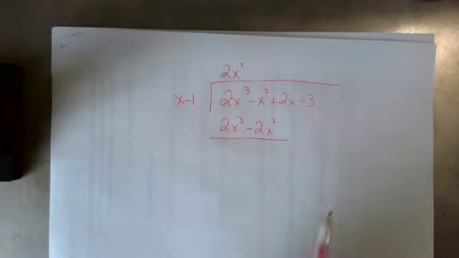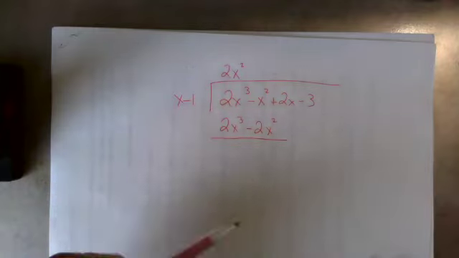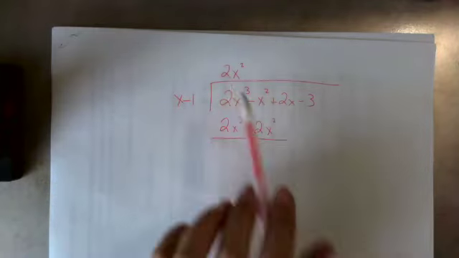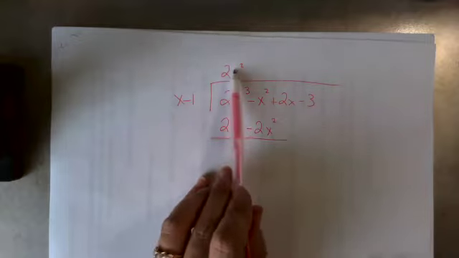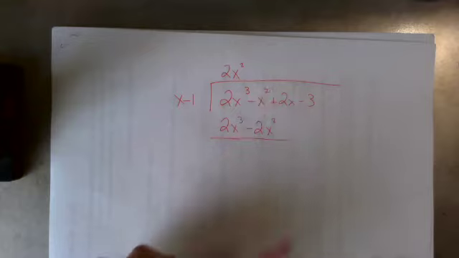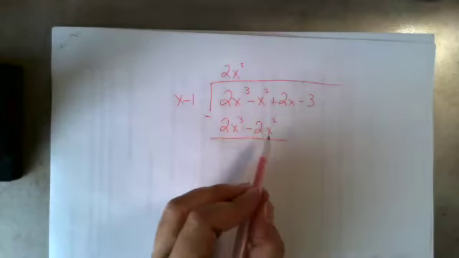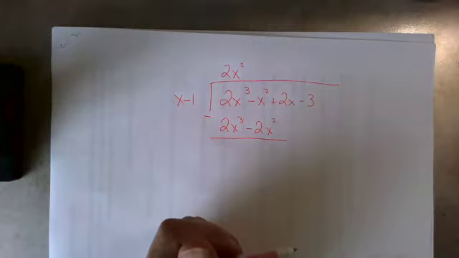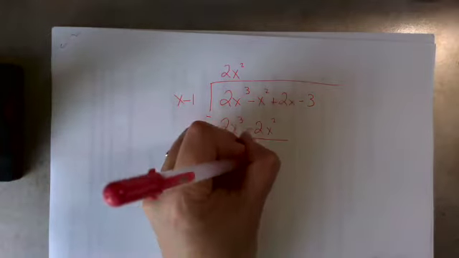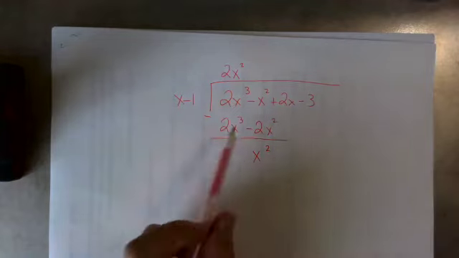And now I do my subtraction. Well, 2x to the third minus 2x to the third is 0 because I built it that way. That's what this was about. And now minus x squared minus a minus 2x squared leaves me with a positive x squared. So again,